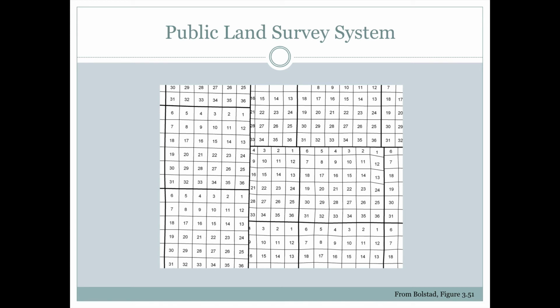Because this was a surveying effort, things don't always match up exactly. They were surveying from different directions, and they were trying to account for everything, but sometimes we have sections that are not a square mile, such as these ones through here where these two surveys came together. Sometimes we have ones that do not have due east-west section boundaries, and all sorts of issues like this arose as the daunting job way back in the day of trying to survey the entire central and western United States